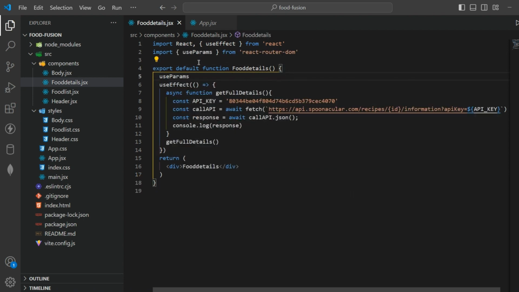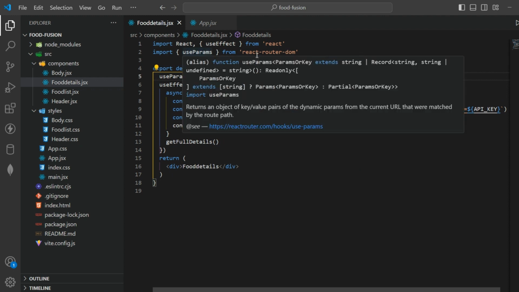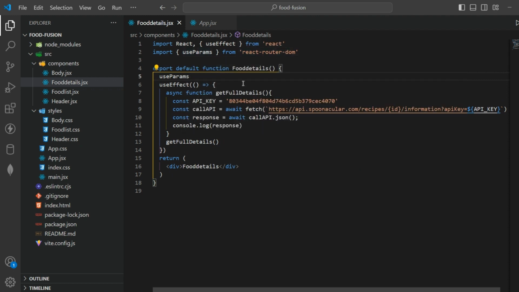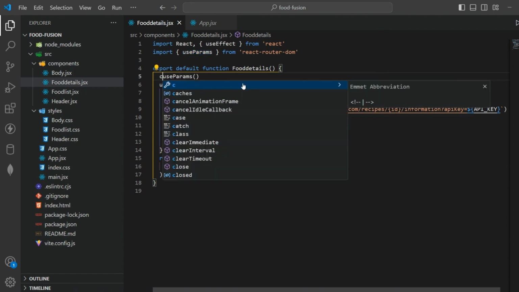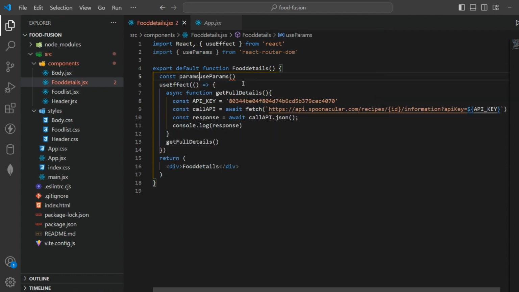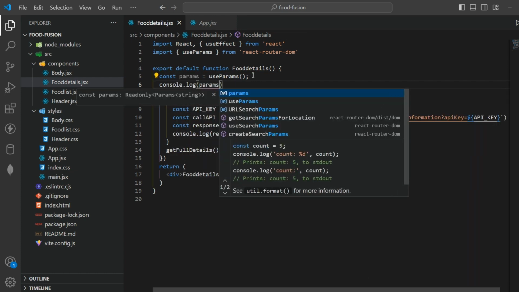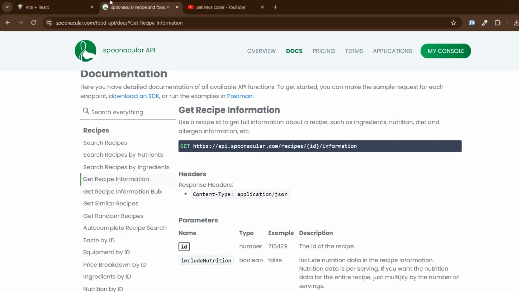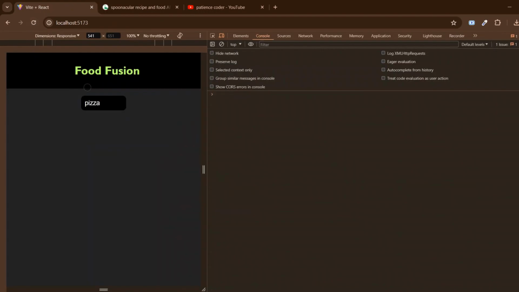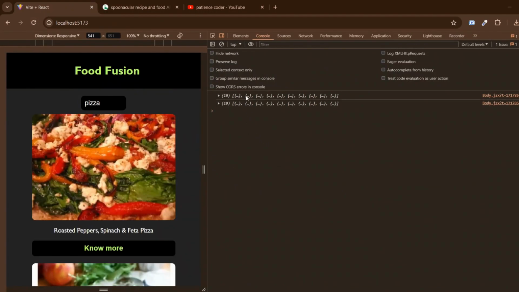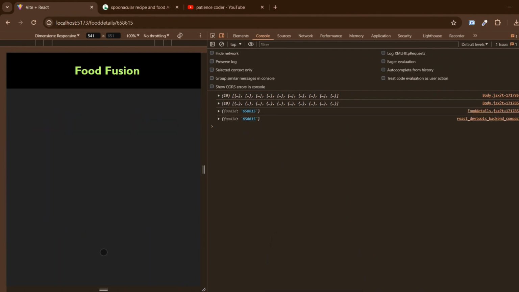After clicking on this, as you can see, VS Code automatically imports useParams from the React Router library. So let's store this in a variable called params. Let's console this value as well so that you can understand what value it is giving for this params variable. Now let's check our console. If I click on refresh, currently we are only getting this because we have not clicked the no more button. So if I click on this no more button, now as you can see,